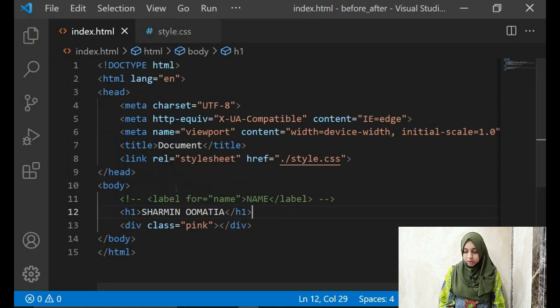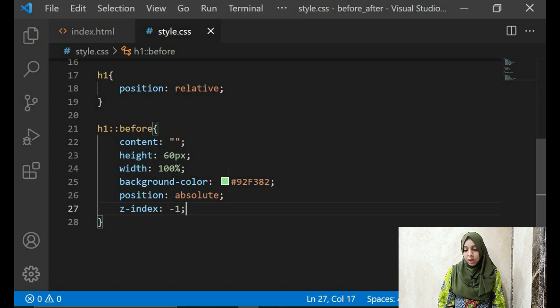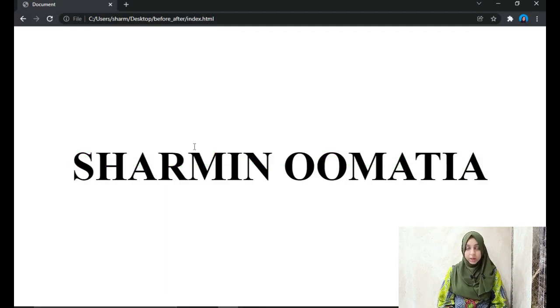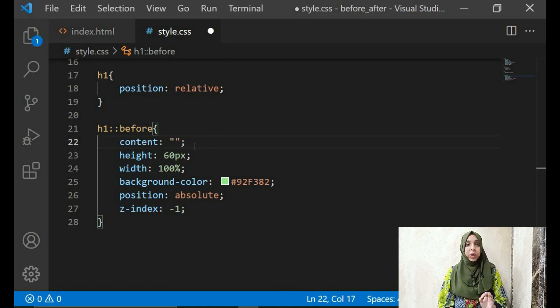What we did is, first we mentioned our name in the h1 element, alright, on our HTML page, and then we come to the CSS, we give the h1 a position of relative, okay, and in the before of our h1 what we are calling is content. Okay, I just told you that if you don't mention content over here, can you see, you cannot see anything. So that's the reason mentioning content is very, very important whenever you are using these pseudo elements.